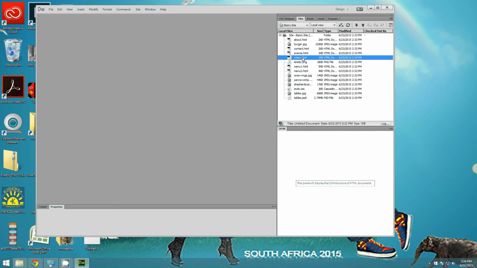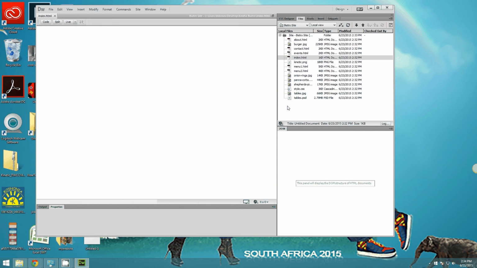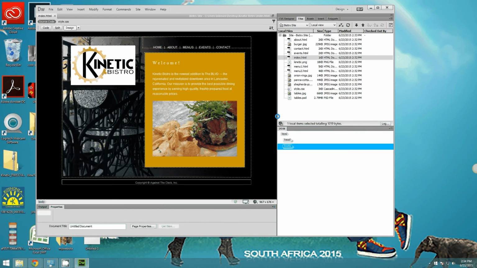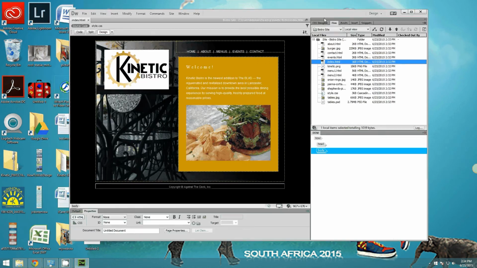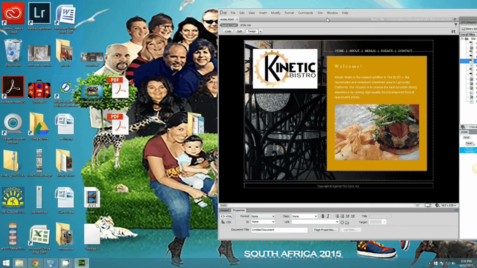So I'm going to click on the index file to get started, because that will be what we start with before in the next assignment. So if I change something here, if I say edit, rename, if I rename it, it's actually going to rename everything in the folder. If I add something to the folder over here, right? If I change something to the folder in the Kinetic Bistro folder,